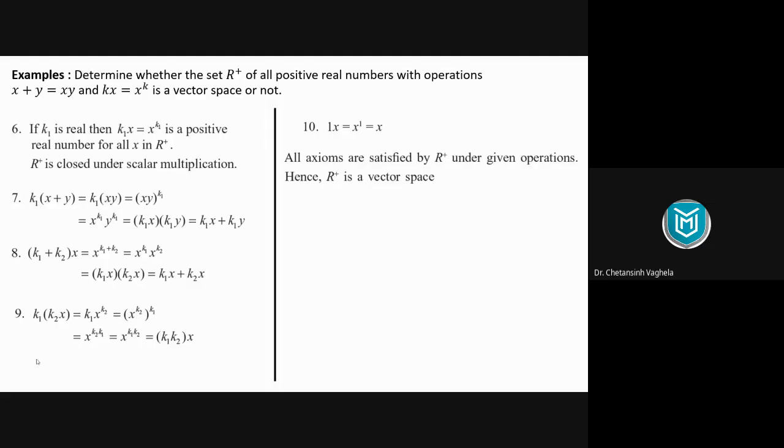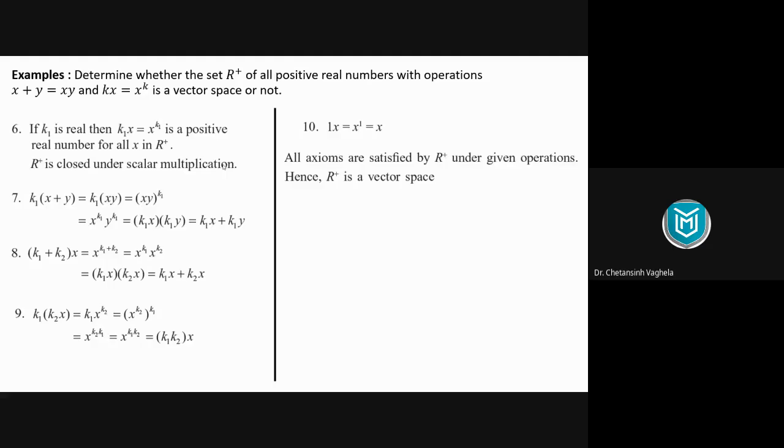For whatever your data set V is, define 2 operations depending on your requirement, according to what your algorithm needs, and then check the 10 conditions. If these 10 conditions are satisfied for your operations and for your data set, then that data set is good enough to provide to your algorithm. Then we can give it to the algorithm for training. So this way vector space helps us check whether the data set is proper or not. So these are the 10 conditions for vector space.